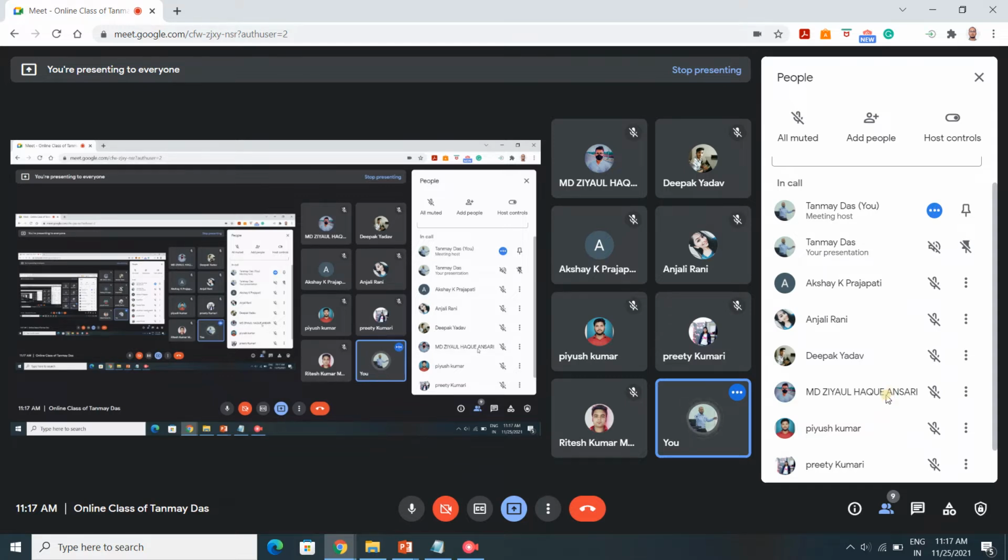So first tell me, this multi-objective function, have you understood what is a multi-objective function and what is optimization of a multi-objective function? I hope all of you understood. If not, then please tell. Akshay, have you understood what is multi-objective? Because this topic has been discussed since last month. Yes, sir, I have understood. And what is an optimization technique and why it is used, you have understood. Yes, sir, I have understood.